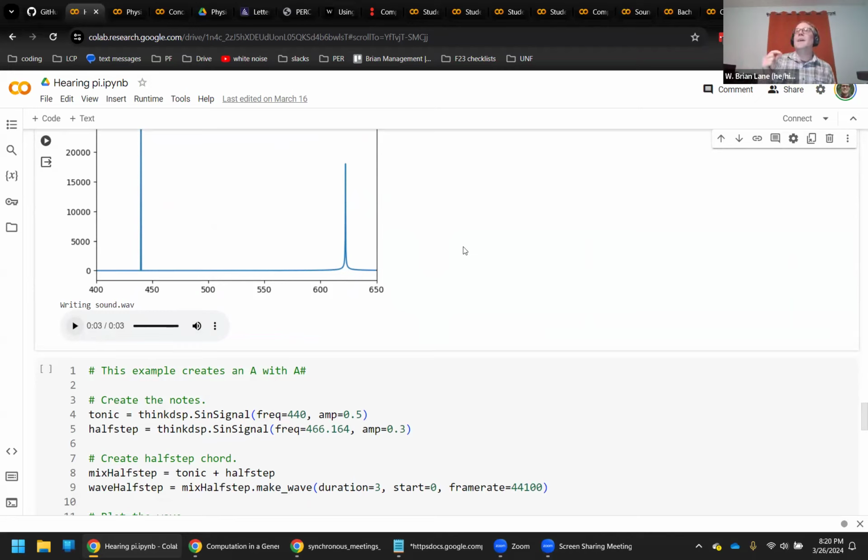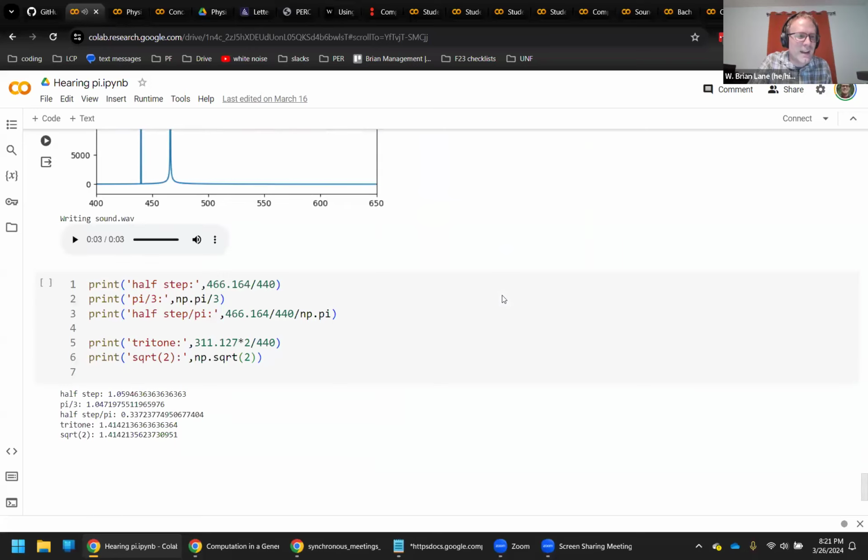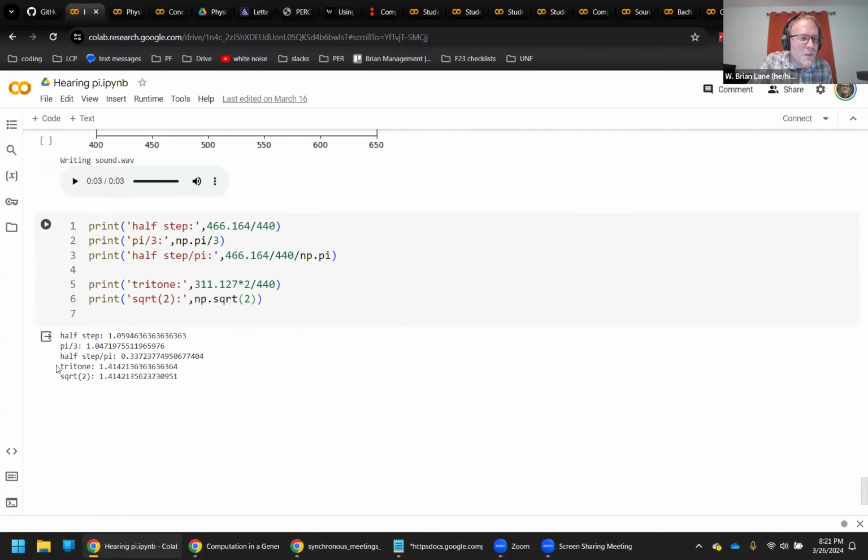Actually, if you go back in time to the original X-Files TV show, the theme song opens with a tritone as the opening interval. And I thought, oh, that sounds weird. I wonder what the ratio is. Like, I wonder what the actual numerical ratio is for that. And I said, okay, show me for the tritone what the ratio is.